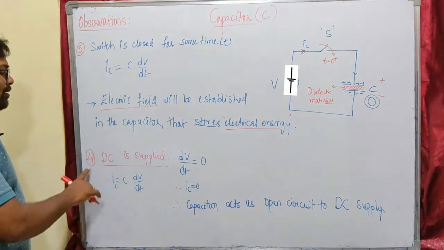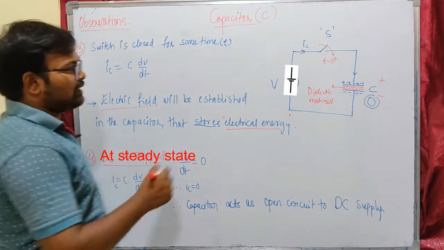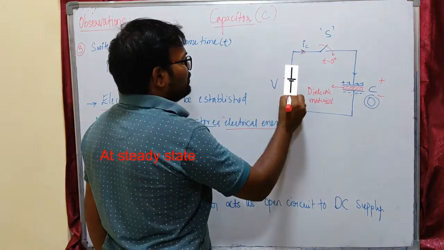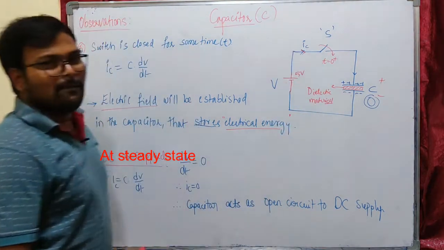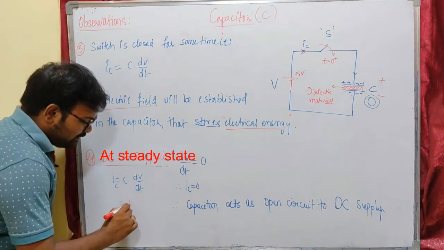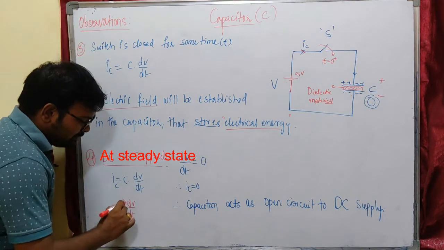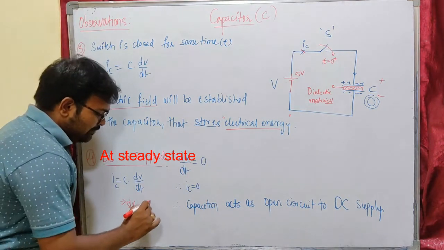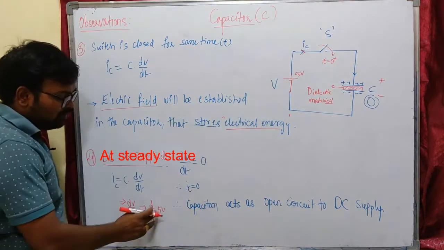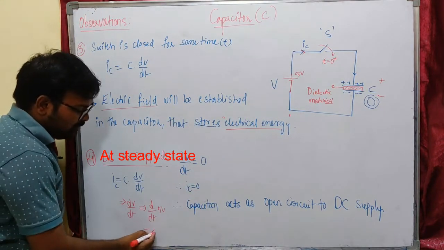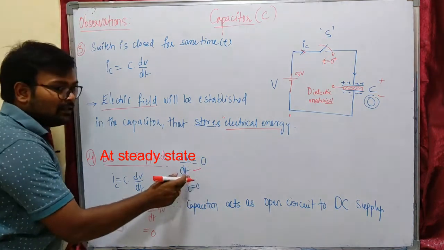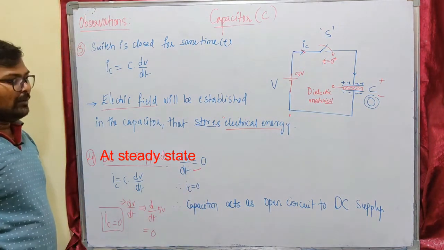Now let us see what will happen if a DC voltage is applied to the capacitor. Let us assume the DC voltage source symbol is this one. Let me assume I have applied 5 volts of DC to our capacitor. Now what happens to our current through the capacitor? Here you can see dV by dt is there. The term dV by dt means d by dt of the voltage across the capacitor, which is 5 volts in case of DC. The derivative of a constant will become 0, so our current IC will become 0.